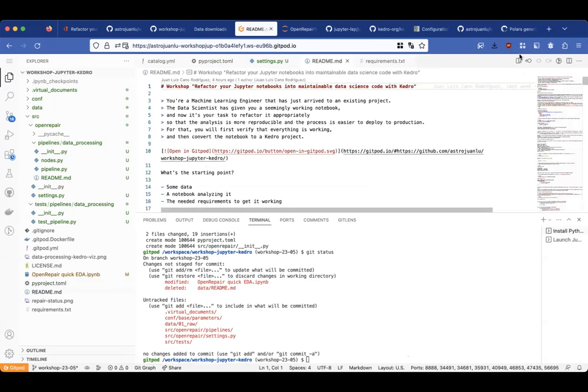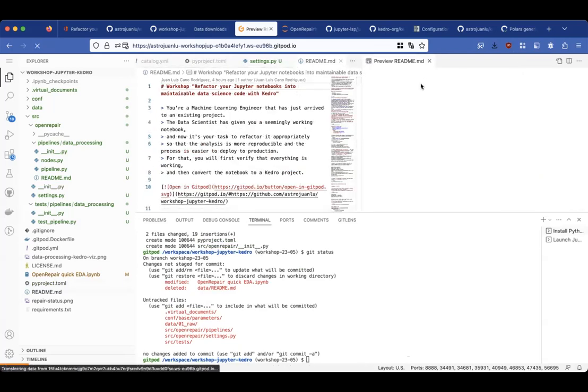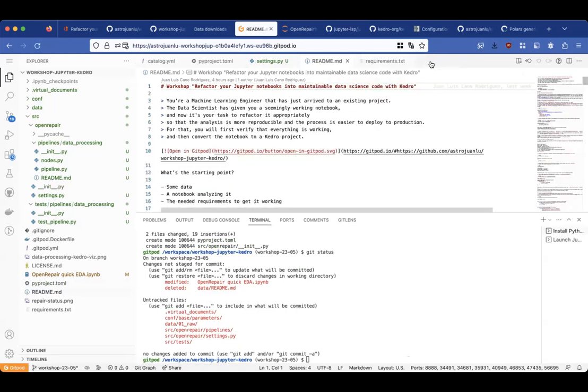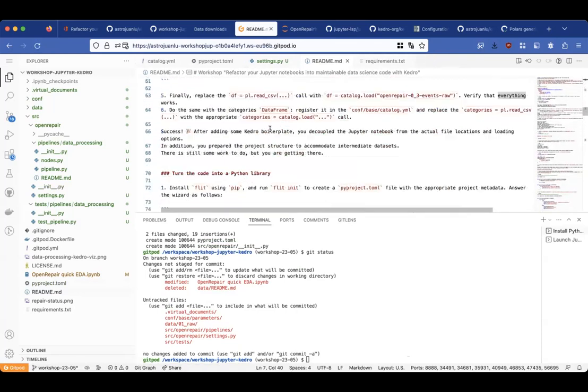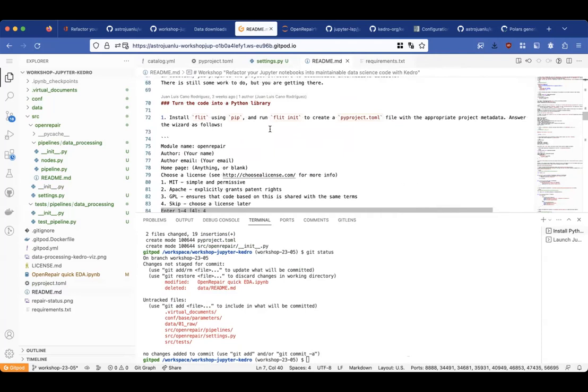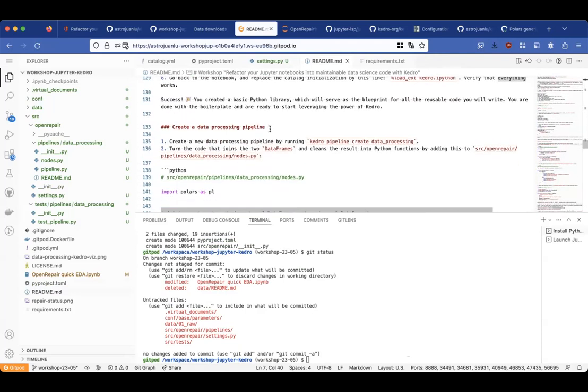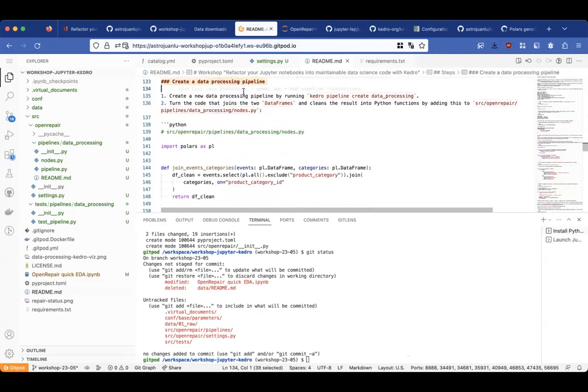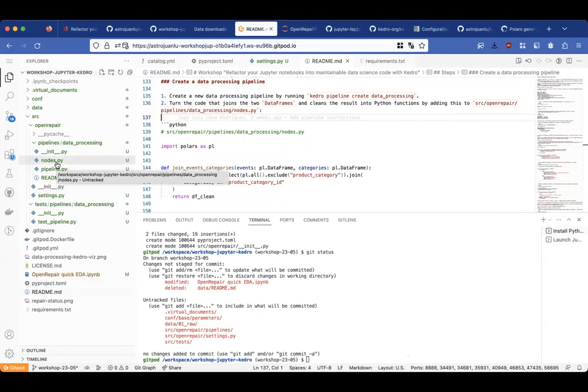For some reason, I'm not previewing the README. It's very annoying because it was working just fine a moment ago. So anyway, I'm going to read that from here. Turn the code into a Python library. We already did that. Create a data processing pipeline. So now we're going to start writing the Python functions that are going to take care of the processing in the nodes.py